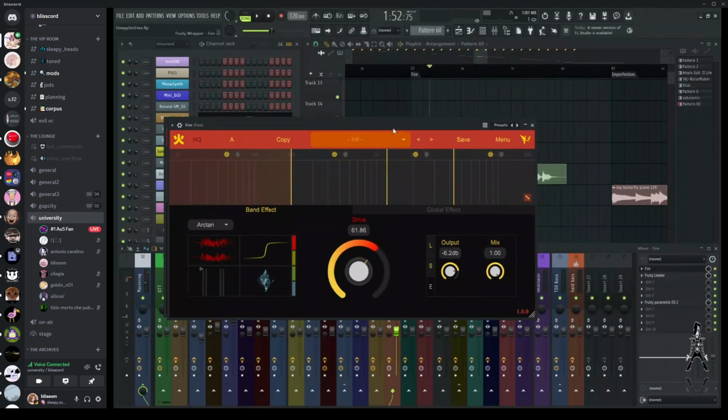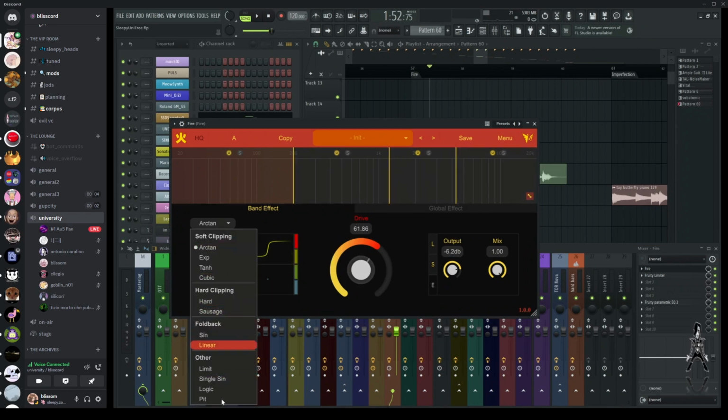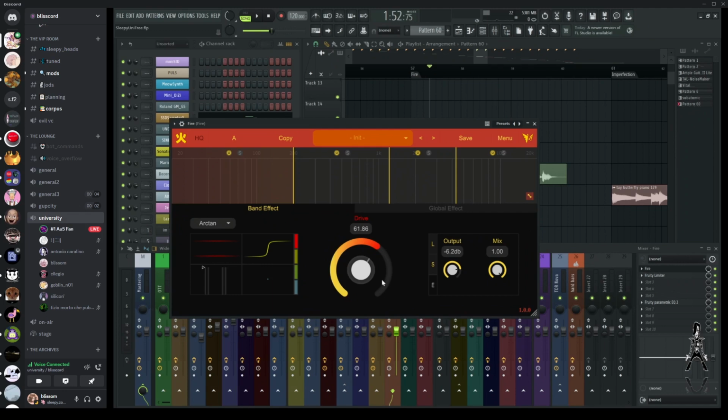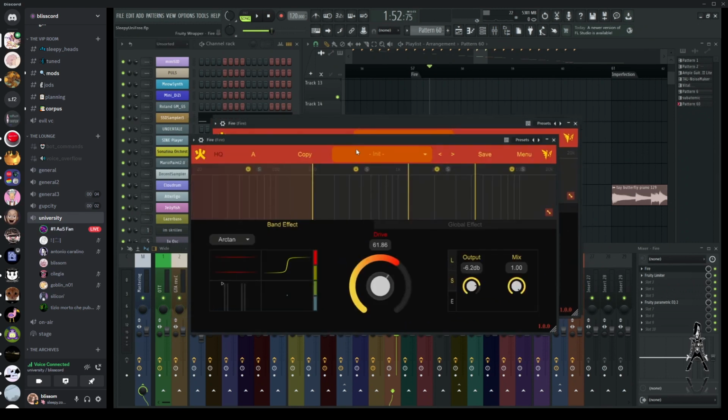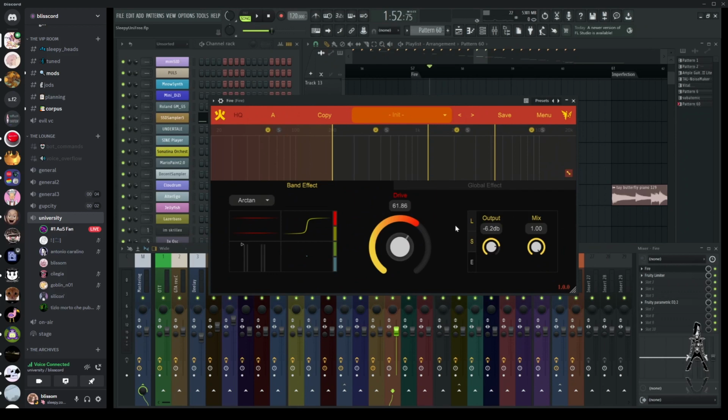So Thermal and Fire are both multi-band distortion plugins. You can just set frequency ranges and then apply different distortions to each of them. And there's a bunch of different modes you can mess with. I don't think this is as good as Thermal is, but it's pretty close